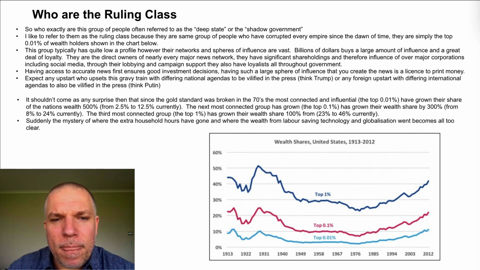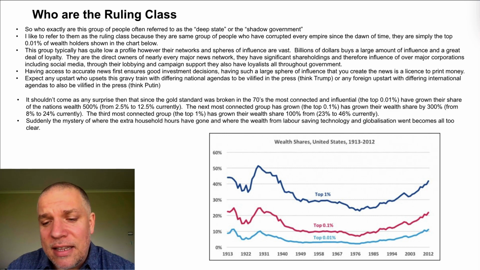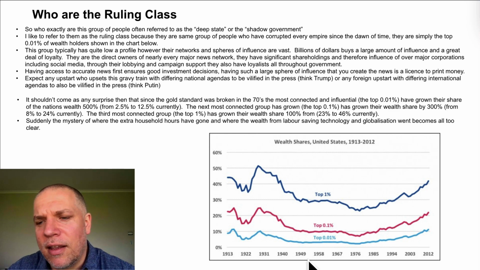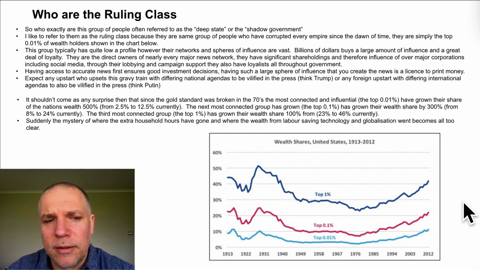I should also say these billionaires, they're so influential now, and arguably have been for some time, that they don't just get the first track on news. These guys, they get together. They have a lot of shared ideologies, and they're able to actually construct the news. If you like, they direct where a nation's going. They even direct international policy. And so if you know what's happening, if you are actually causing global change, especially, or national change, you can position your portfolios, you can trade ahead of that, and you've really got a license to print money. So you should expect these guys to carry on accelerating their share of the nation's wealth.